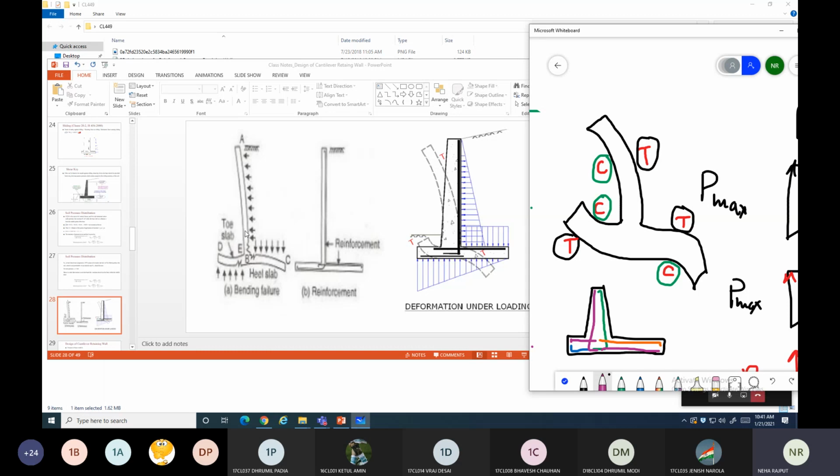हियर ऑल्सो यू कैन सी द स्टेम. ये स्टेम पे कौन सा लोड आ रहा है, सो दैट स्टेम इज डिफ्लेक्टिंग. स्टेम इज हैविंग द लोड ऑफ एक्टिव प्रेशर एंड दैट्स व्हाई दिस विल डिफ्लेक्ट लाइक दिस. Heel slab, why is the heel slab deflecting? Because the heel slab is having the soil mass above that, so that will lead to the deflection as well. The uplift pressure from the bottom will also lead to the deflection of the heel part.